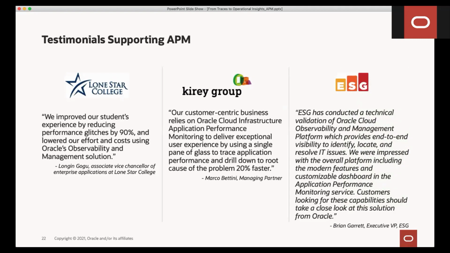A couple of things. This is, as I said, a new service that we released about 2 weeks ago. Customers already used it ahead of time in limited availability. We have an ESG endorsement. This is a game changer. If you compare this to many of the non-APM vendors,